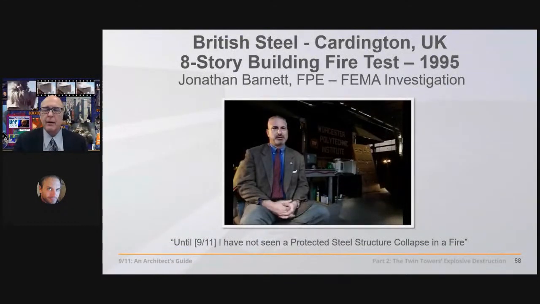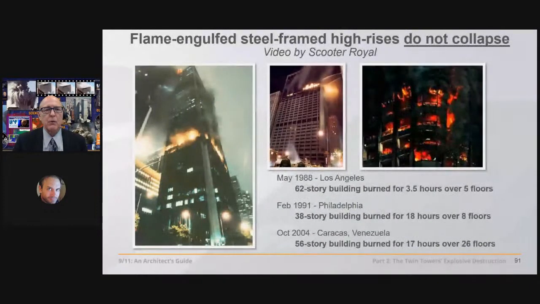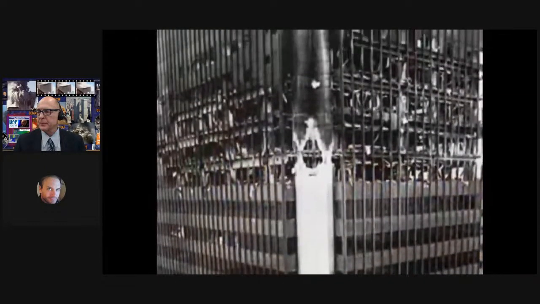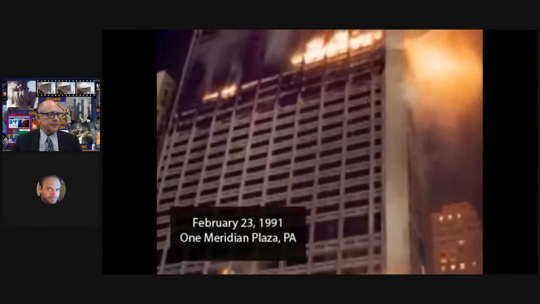due to fire. Let's see what fire does to other buildings, though, like these. May 4th, 1988, the First Interstate Bank, a 62-story building in Los Angeles, California, suffered a 3.5-hour fire which burned across 5 floors and caused an estimated $200 million of damage. It did not collapse. February 23rd, 1991, the One Meridian Plaza, a 38-story building in Philadelphia, suffered an 18-hour fire